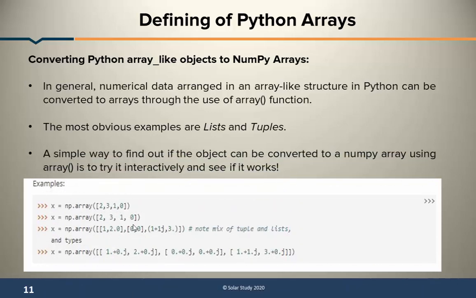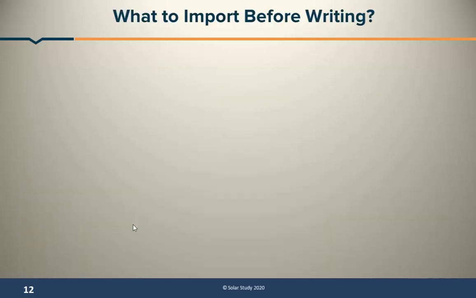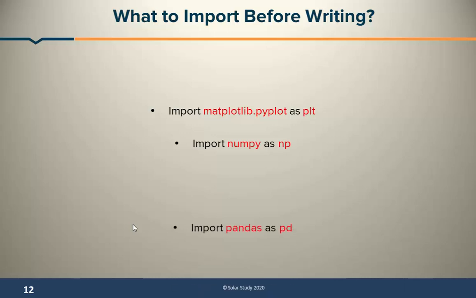So whenever I want to add any list or number, I will just use np.array. Before writing any code, what we need to write first is the imports. Import matplotlib.pyplot as plt for plotting. Then import numpy as np for any numerical kind of calculation. Then import pandas as pd. For importing data from a file, when I want to read data from csv, excel, many kinds of data, at that time I have to import pandas.